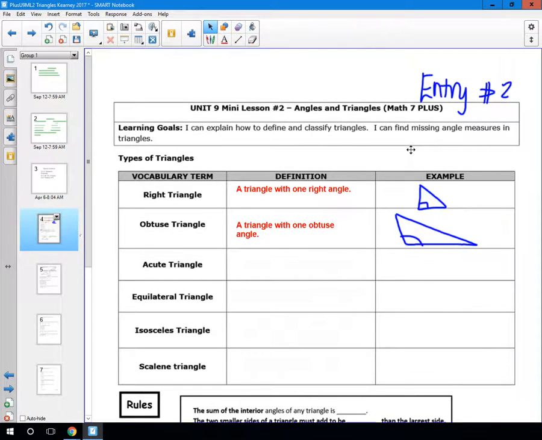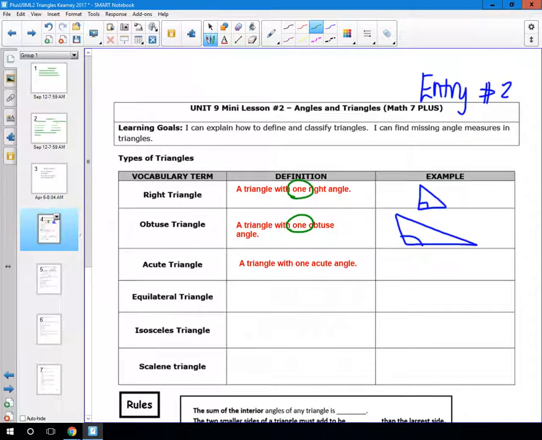An acute triangle. It's a triangle just like it sounds like. It's a little teeny baby cute triangle. That means all the angles are acute. So I want to ask you a question. Here we said a right triangle only has one right angle. Here we said an obtuse triangle only has one obtuse angle. So why does an acute triangle have to have, Miss Kearney made a mistake here. An acute triangle has all